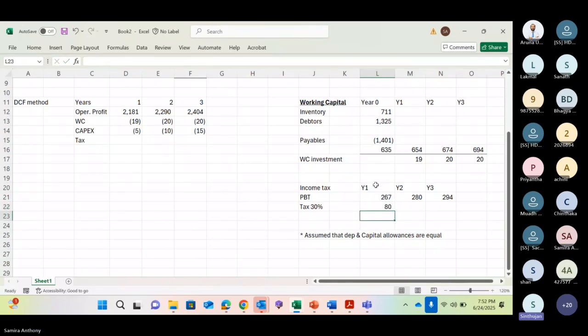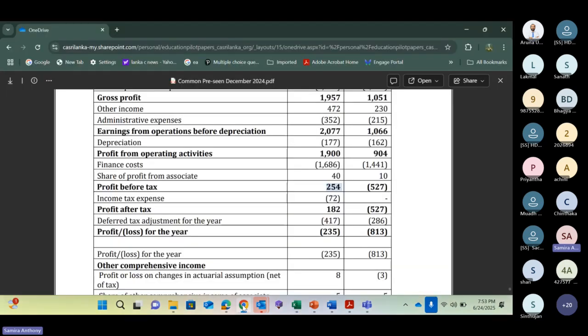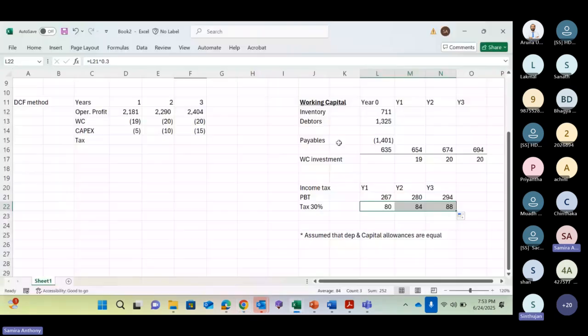Clear? No, so I mean that value in 2024 they have deducted, there is a depreciation of 177. Yes, you mentioned that, I know, right? Here they have charged depreciation 177, yes, sir. That's the issue you have. Now here we have taken 254, right? After deducting 177, you want to add 177 here, right? And minus 50. This is what you need. Got it? Yes, sir. All right, you can do that.